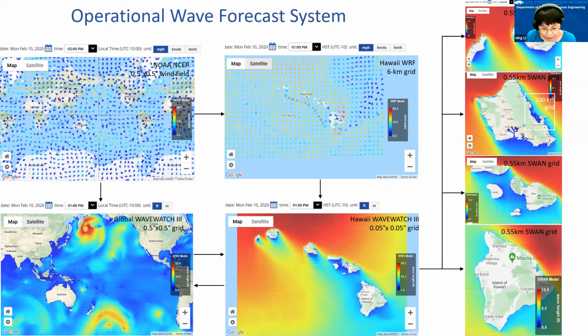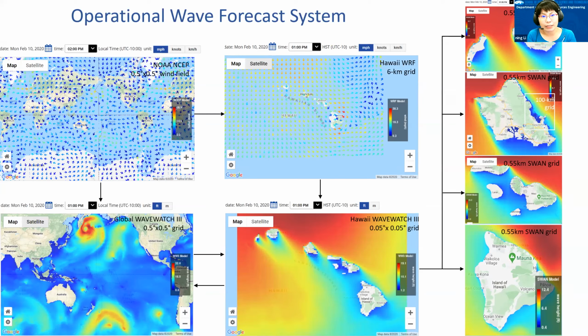So the whole team developed the wave model system, and we implement it to provide an operational wave forecast. This slide shows the flow chart of the forecast system. We have wind forecast from NOAA NCEP at half-degree resolution, and Dr. Chen's team downscales the global wind forecast into our regional domain to provide a higher resolution